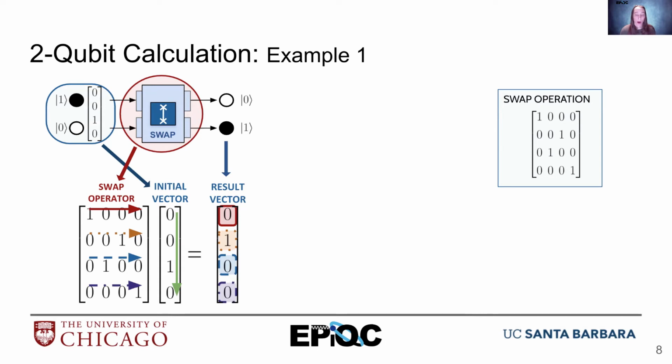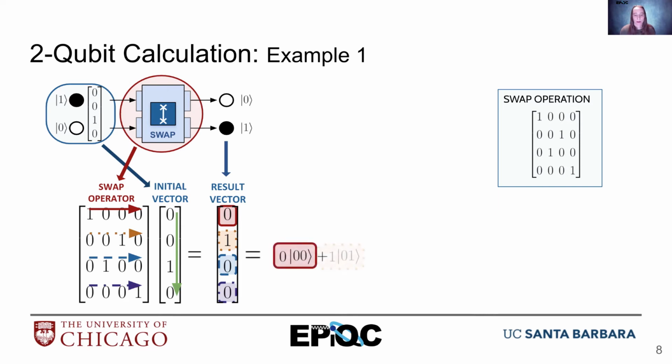You always take the row and the corresponding row with the initial vector, and we do sum of products. We take each pair, we multiply it. And you'll see here, because there are so few ones and almost everything is 0, almost all of the results are 0. In fact, the only one in this case that's non-zero is the row that corresponds with the same pattern as the vector. You can see that that orange row and the green vector are both 0, 0, 1, 0, and that's how we got a 1 out of it. But all of the other ones have a 0 in one or both positions, resulting in a 0 for the sum of products. Okay, so we've got 0, 1, 0, 0.